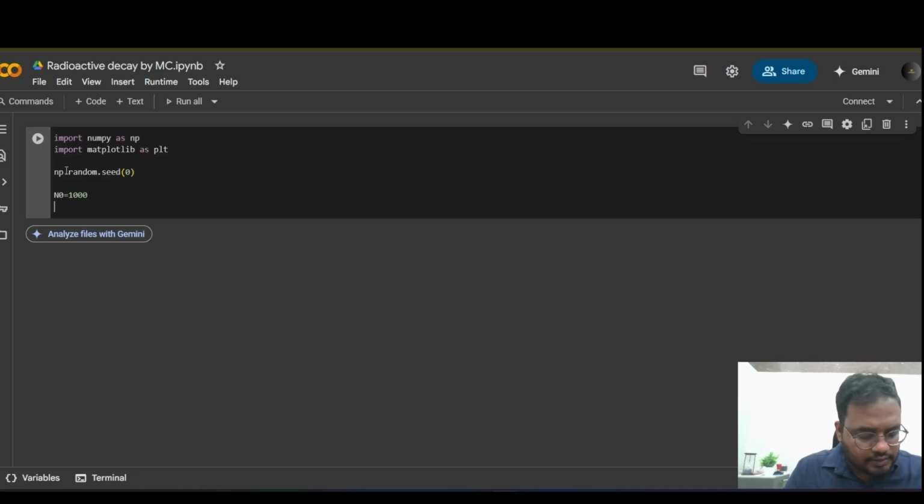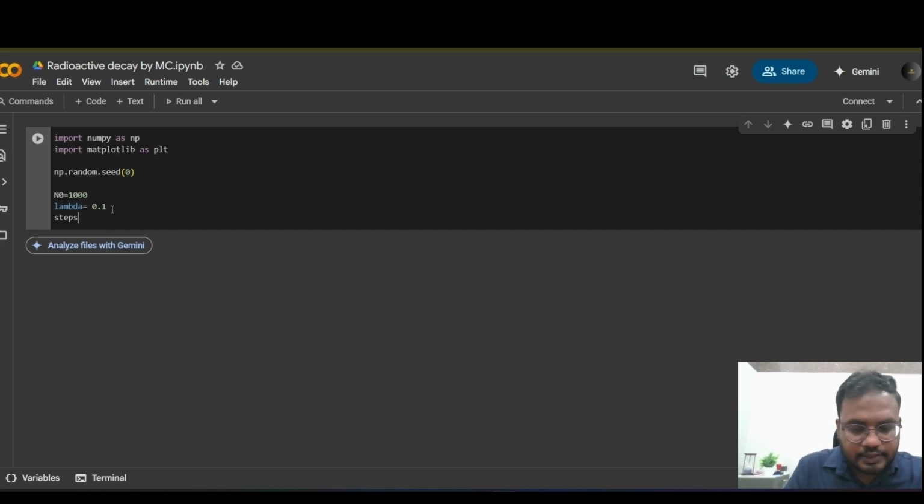Now lambda equal to, let's say, 0.1. That means each particle has a 10% probability to decay. Then steps equal to, let's say, 100.